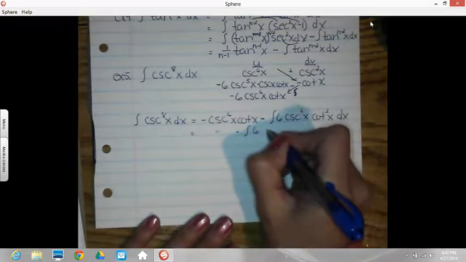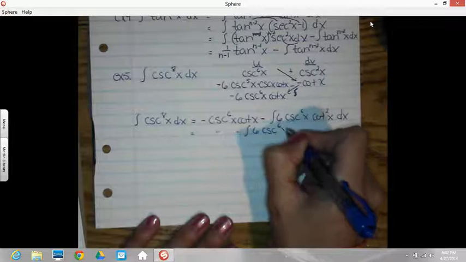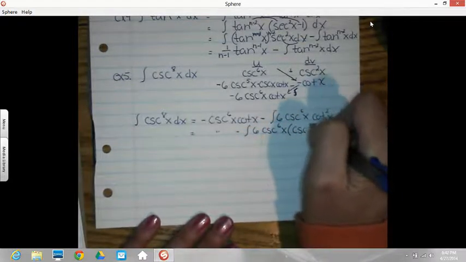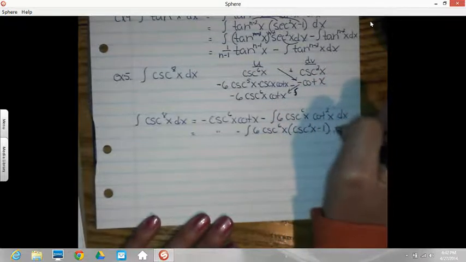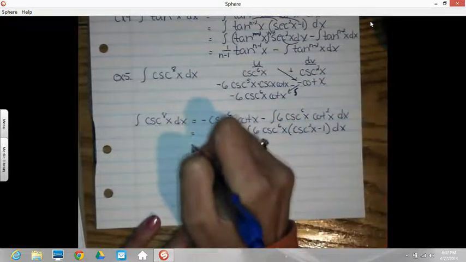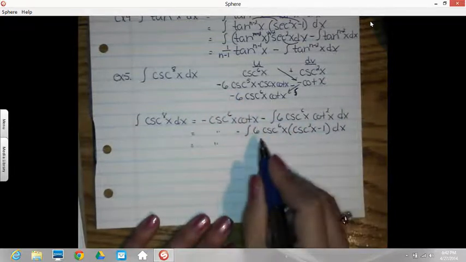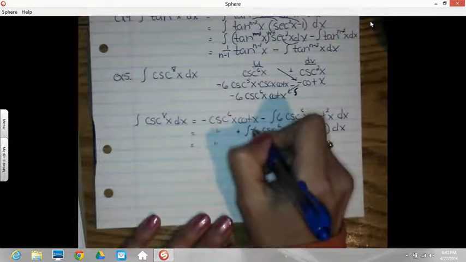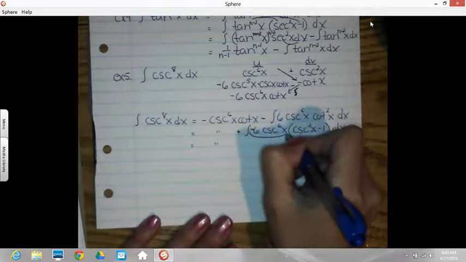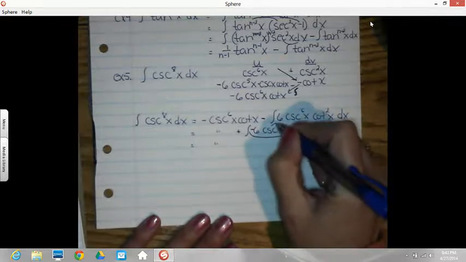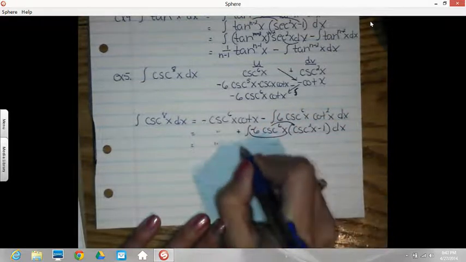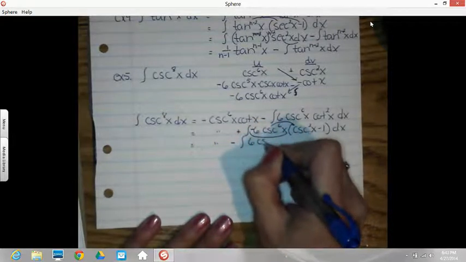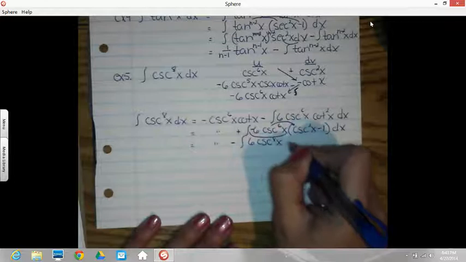6 cosecant to the 6th, and then cosecant squared minus 1. Okay, I've got a negative here to worry about. I'm going to make this a negative 6 that I'm going to distribute so I don't lose that on my second distribution. So that will give me minus the integral of 6 cosecant to the 8th x, then plus